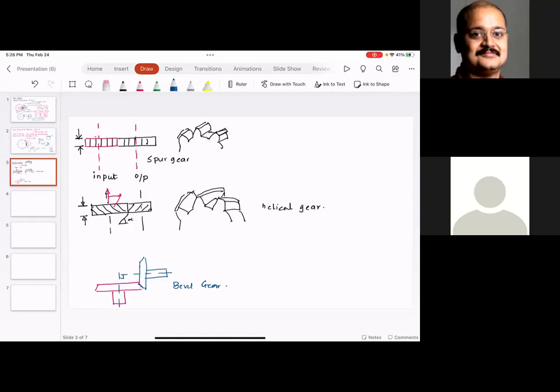Bevel gears are used when the power transmission shafts, input and output, are not parallel, but at an angle. The angle could be 90 degrees, 45 degrees, or 60 degrees. Now, next part, but here is one thing. Please note,